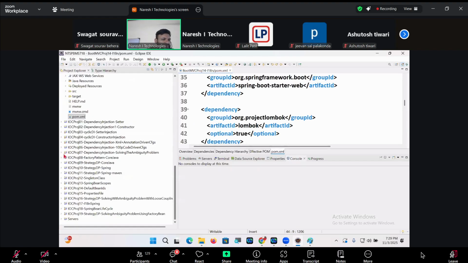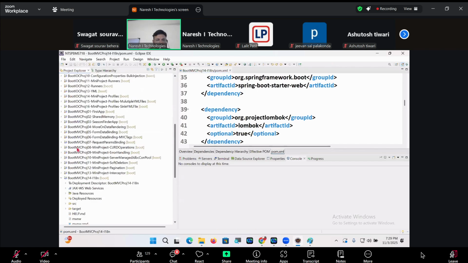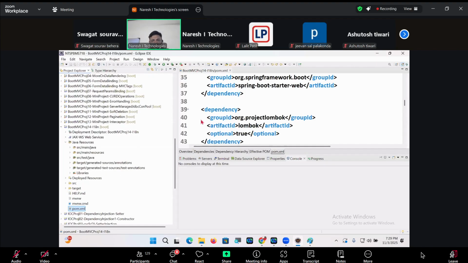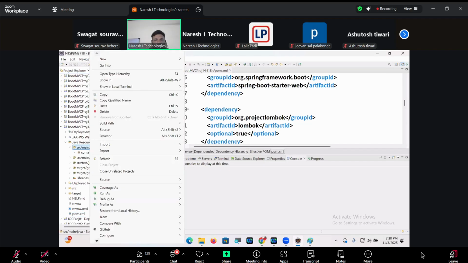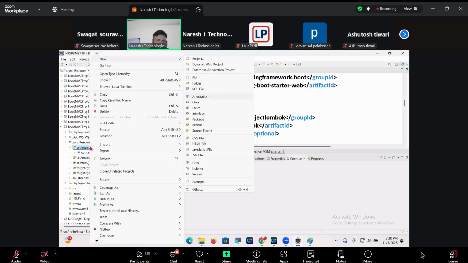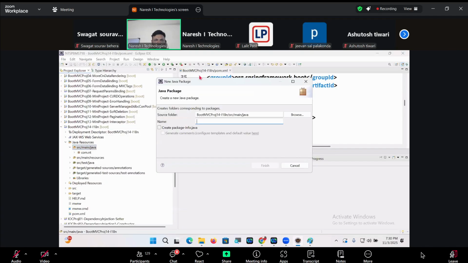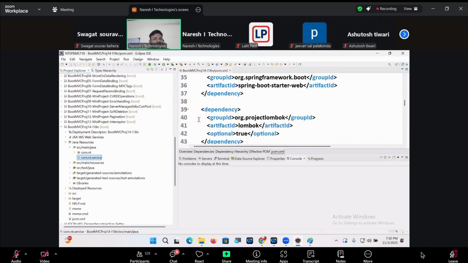Java resources. Tell me here, what is there? Package com.nt.service. Next, new package, no repository, nothing, guys. com.nt.model.